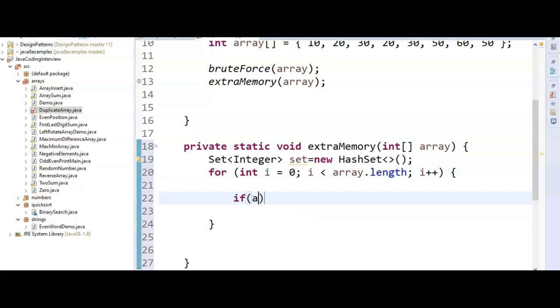If array of i is contained in the set or not.